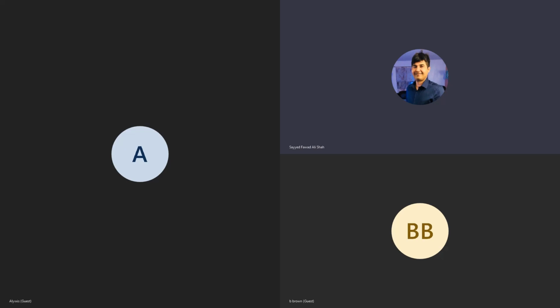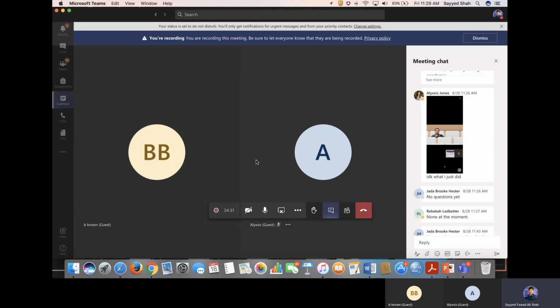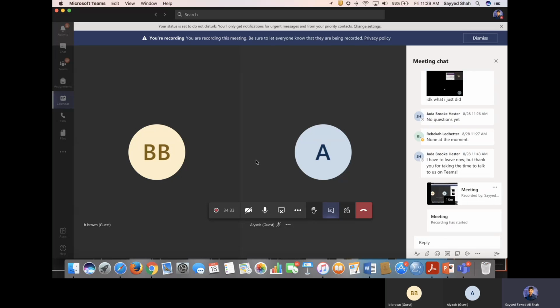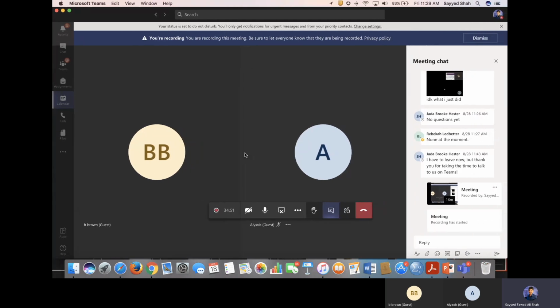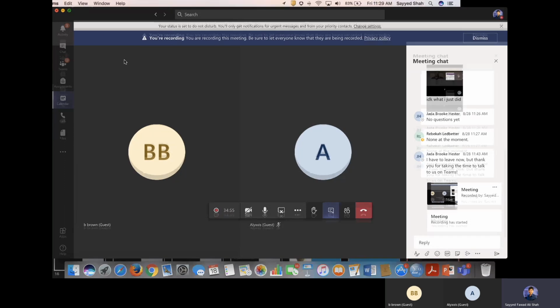Okay, and now we are going to talk about the upcoming assignment that is literature review writing. And I'm going to use Alexis' topic as an example to explain the literature review process for you. First of all, I'm going to take you through the rubric for the literature